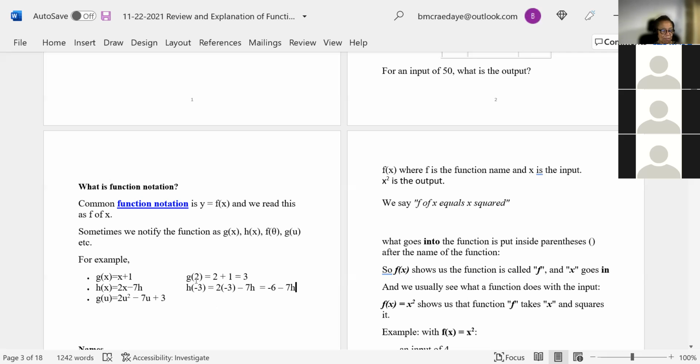You follow, Chastity? Whatever I put here as my input in my function is what I substitute for this X. In this case, that's my independent variable. This is my output, or my dependent variable. In other words, H of X output is dependent upon the input variable X. And here I'm assigning that X a -3. So wherever you see the X, you put a -3, do the calculation, and you get the H of